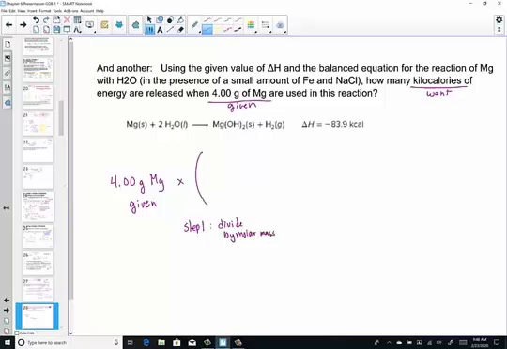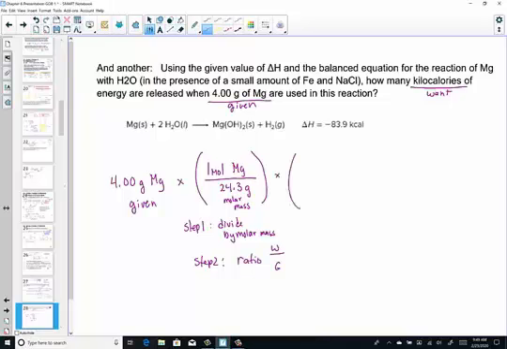So in my first conversion, I had to go and find the molar mass of a magnesium atom, and I report that as 24.3 grams. So just to remind myself, we divide to head into the mole, and our conversion factor is called molar mass. Then on our stoichiometry roadmap, we ratio. Our ratio is always want over given.